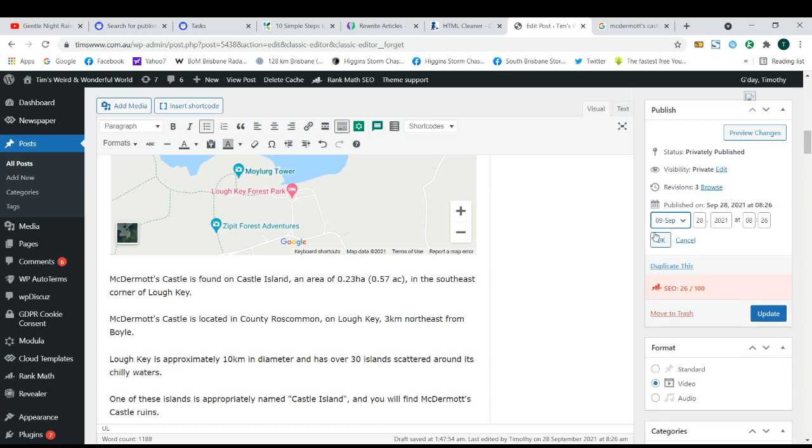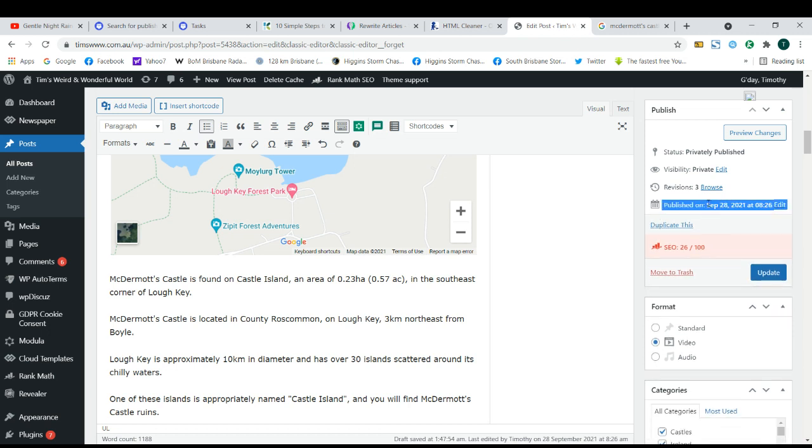You can edit that too. I mean, most of the time you won't edit that. It'll just automatically put in today's date. And that sometimes shows up on Google as well, so people can see when